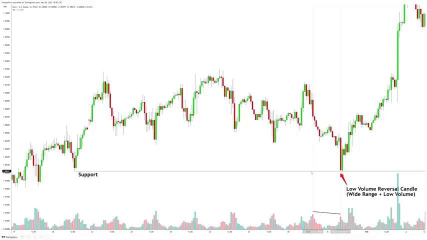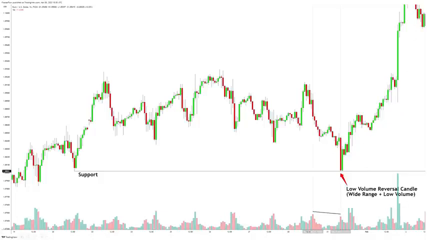Here's the tricky part. When we look at the corresponding volume of this wide range candle, we might be tempted to assume that it has high volume. But that comes from the absolute perception of volume. If we compare it with other bearish candles that have a narrow range, we'll see that it has low volume. For instance, take the example of this narrower bearish candle in the same price vector. It has a narrower price range and a higher volume than our candle in question. In that perspective, this wide range candle has a low volume relatively speaking, so it can be classified as a wide range low volume candle, which is the same as a low volume reversal candle, and indeed price reverses right